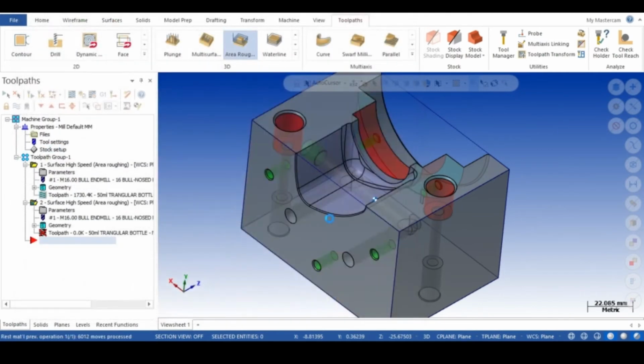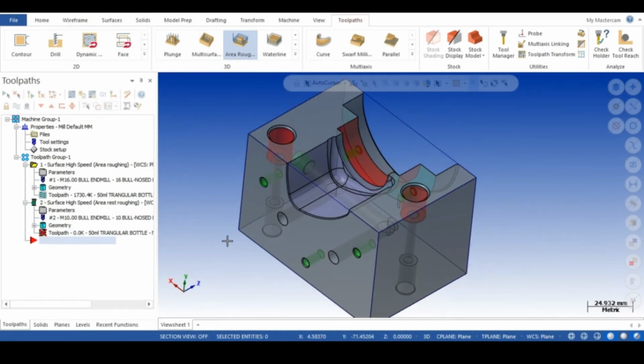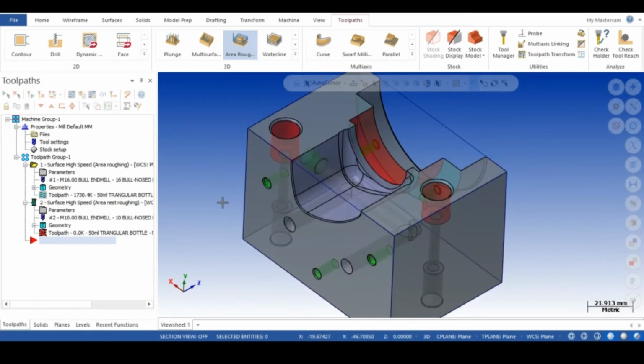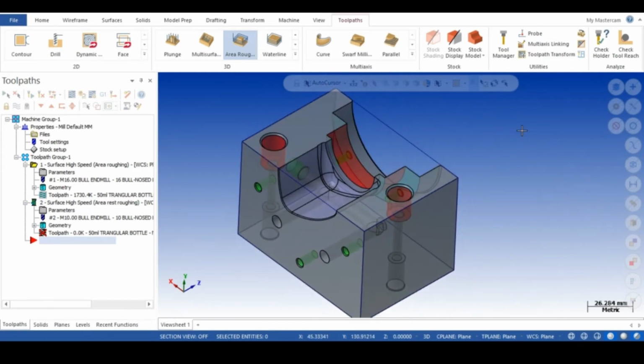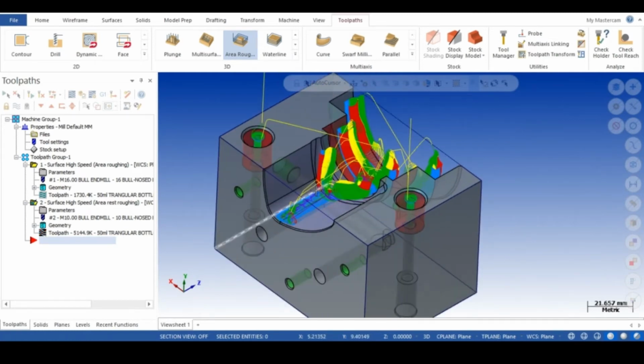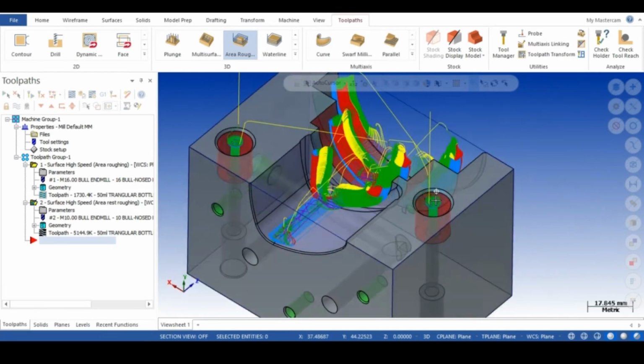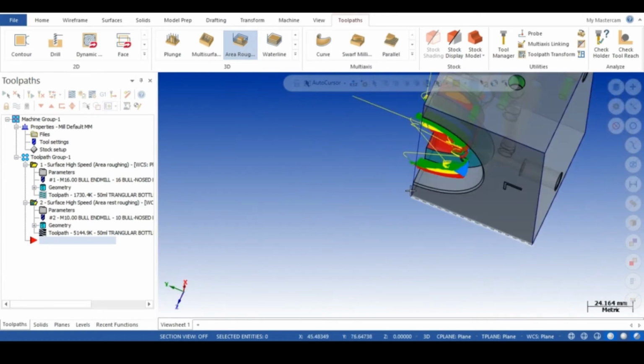Okay, the program is being generated. The rest roughing program will take some time as it is checking the area where it has to machine. You can see the toolpath is generated, the rest roughing toolpath is ready.